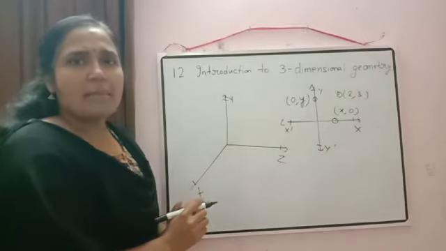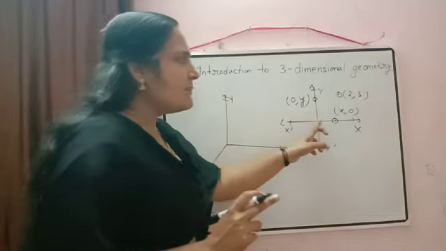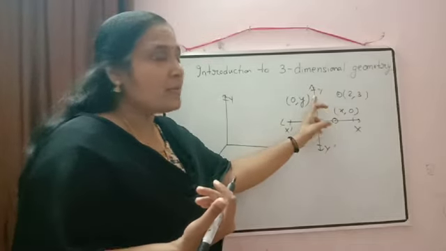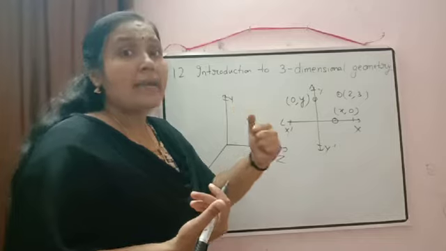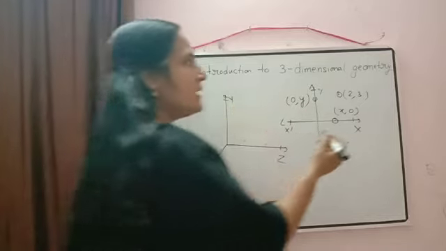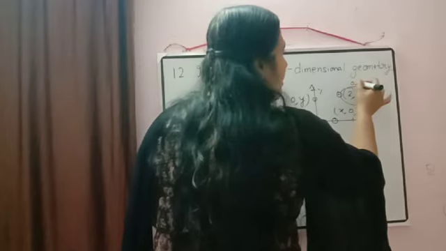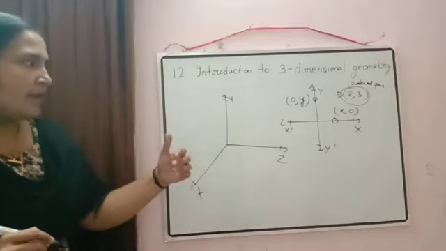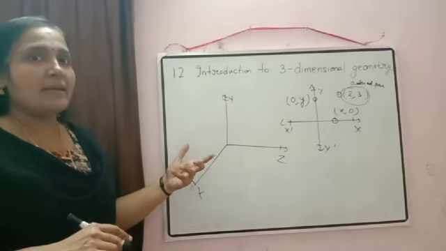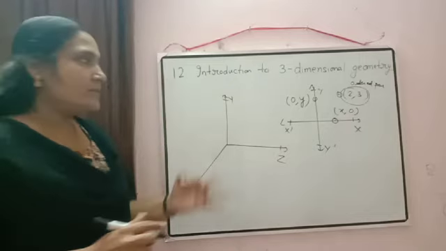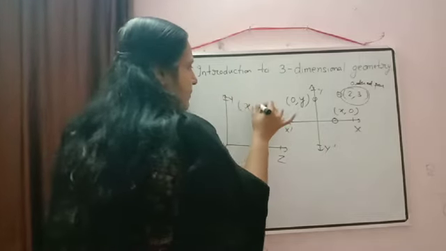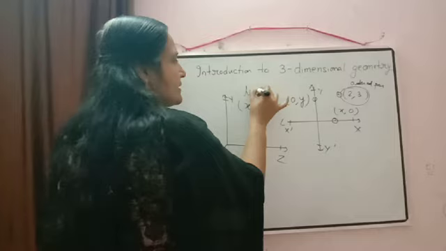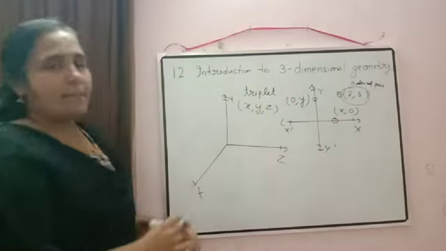Suppose it is 2 comma 3, it means we have only two things: from here till here the distance, and then from here the distance. But now what are we including? We are including the concept of height also. So one more variable we need here. When we write in this way, we say this is an ordered pair, because only two numbers are there. But when we deal with three-dimensional geometry, we want three numbers. So that is called a triplet. Any point will be of the form x-coordinate, y-coordinate and z-coordinate. And since three are there, that's why we name it a triplet.